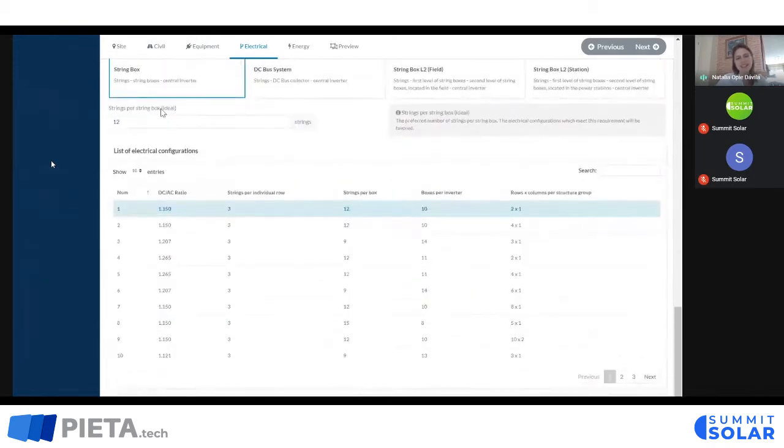As we can see, it says ideal. What does ideal mean? This is that 12 is not going to be strictly the ultimate number of strings per string box. It is the value I'm giving PVDesign that is what I aspire to achieve. So is 1.2 my final DC-AC ratio? No. My final DC-AC ratio and my final number of strings per string box, I will choose from this list